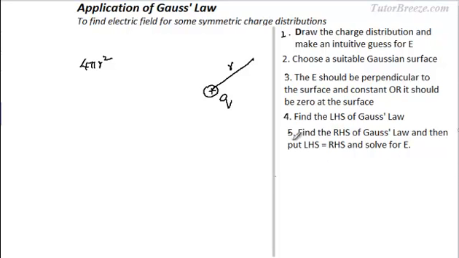Now the last step is find what is the charge enclosed by the Gaussian surface that you have chosen. Put the flux that you found in step 4 equal to the charge enclosed over epsilon naught. Now just see, and then you solve for E. Just see if you've got this answer. E is equal to 1 by 4 pi epsilon naught q by r square.